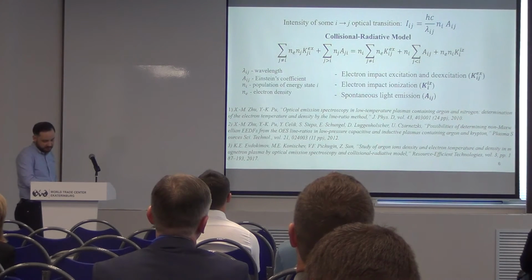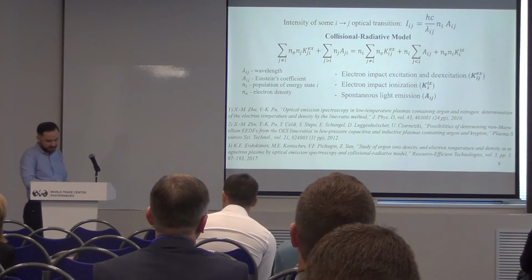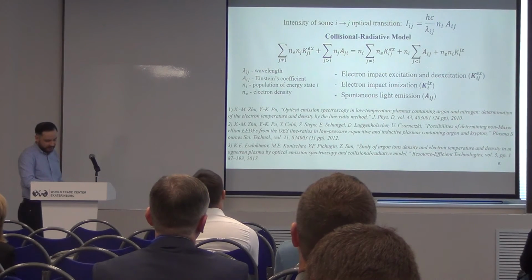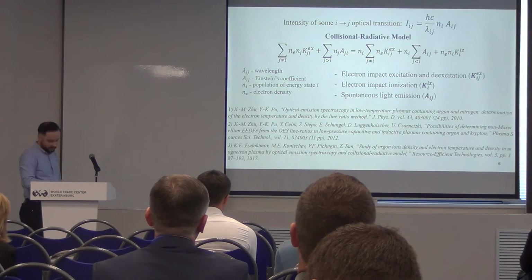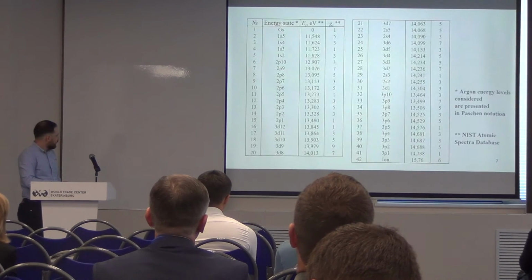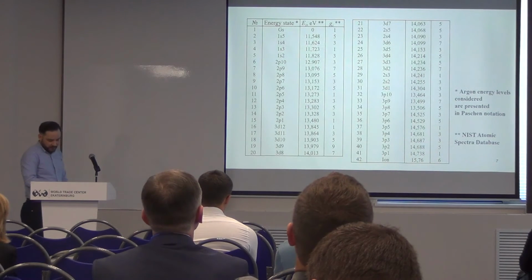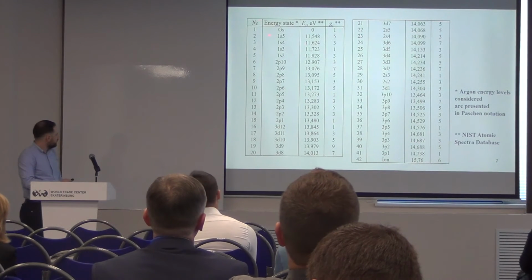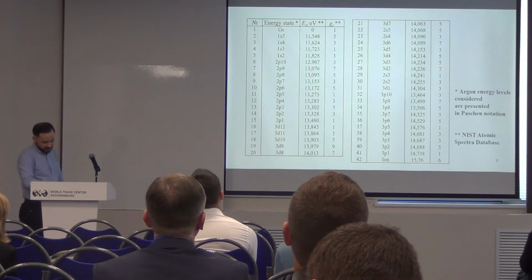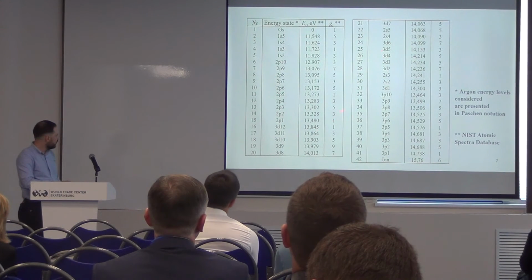For calculating excited states population densities n_i, we use a collisional radiative model, very similar to those that were used in these papers, but our model is slightly simplified. This model describes kinetics of the ground state and the first 40 excited states of the argon atom. All considered states are presented in this table in Paschen notation with excitation energy and